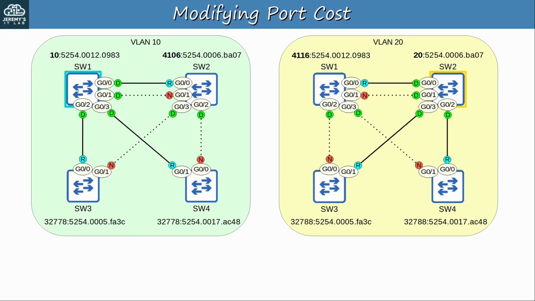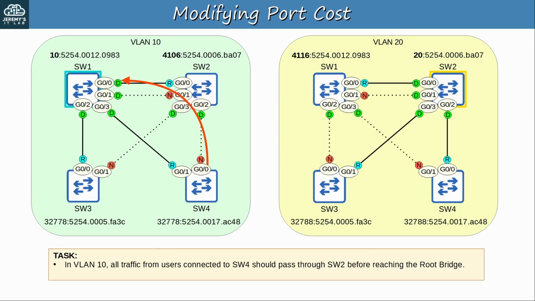So here are the current topologies for VLANs 10 and 20. Let's use port cost to modify them. Here's the task. In VLAN 10, all traffic from users connected to switch 4 should pass through switch 2 before